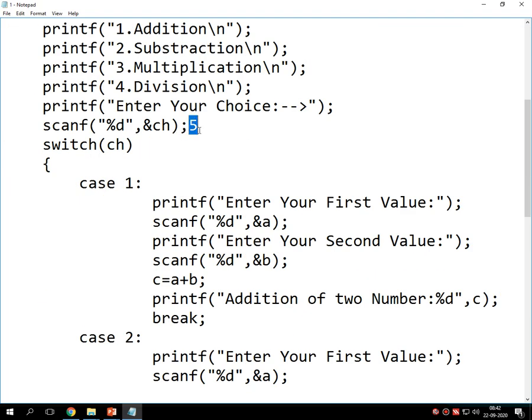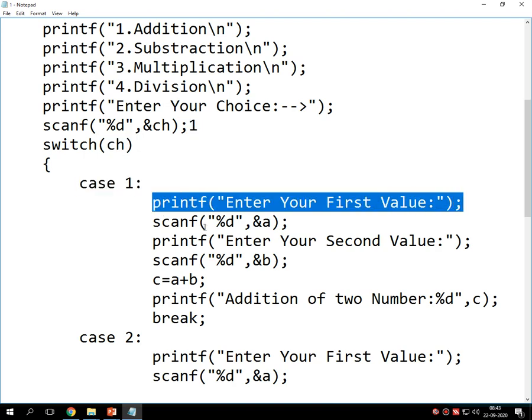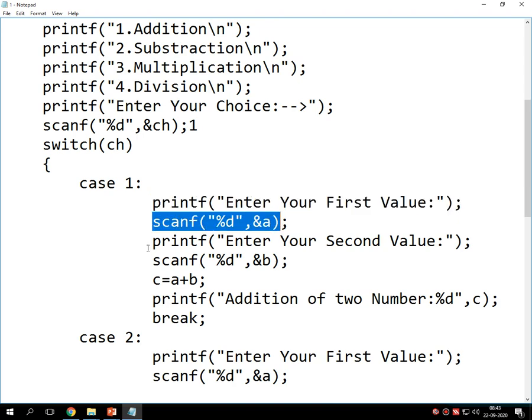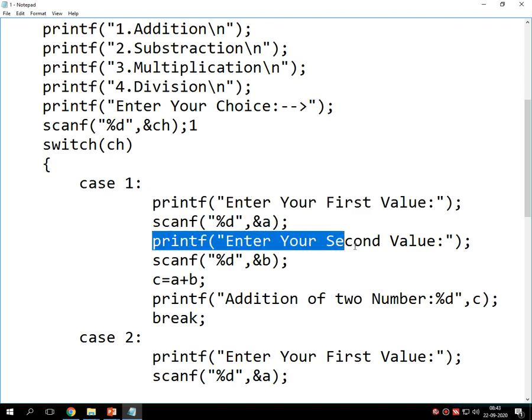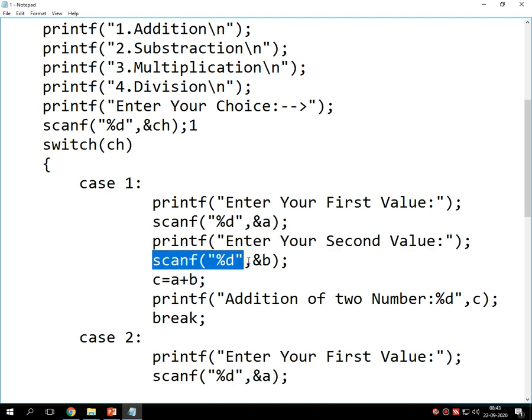So first we'll discuss 1. If I enter 1, this ch contains this value 1 and it selects case number 1. It asks for the two values. The first value it stores inside A, then it accepts the second value and stores it inside the variable B. Then C is equal to A plus B, which adds the two values, and then after printing the addition of two numbers, that is C, it terminates the program.